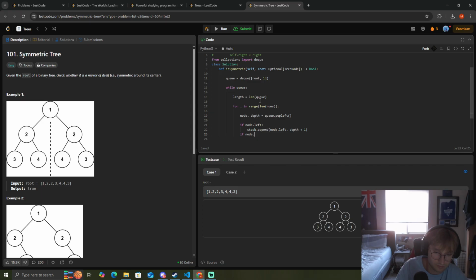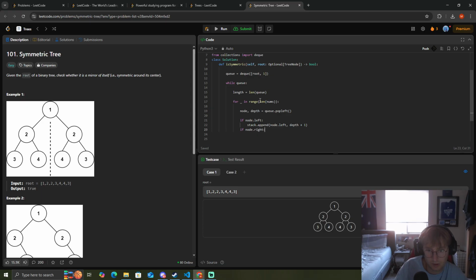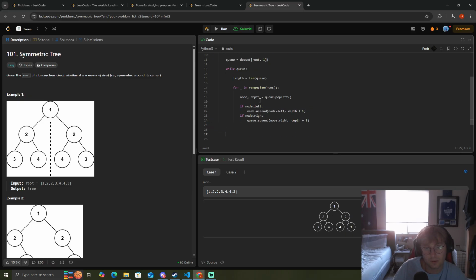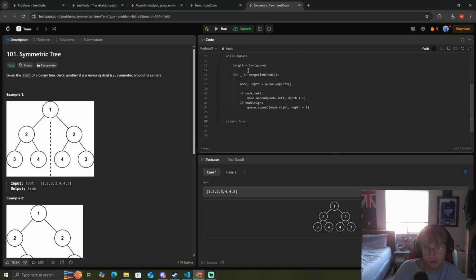Node.right, sorry, q.append node.right, depth plus 1. Okay. We want to return true, right? That's going to be our case where we're just going to return true, right? So we loop through and we check, well,